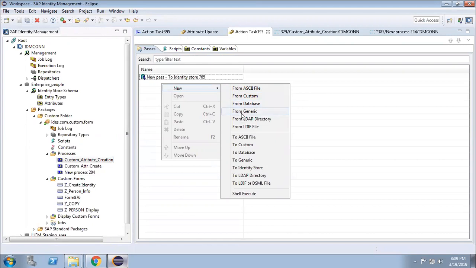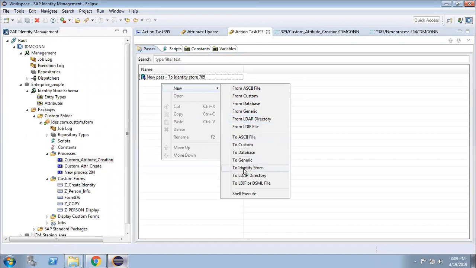From generic means it can be a custom-created file, or something else not provided by these three sources. It might be LDAP directory, mostly for the Active Directory part.